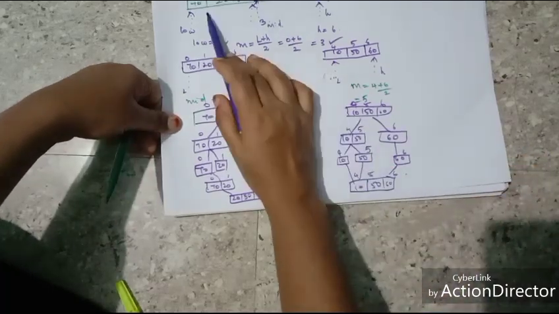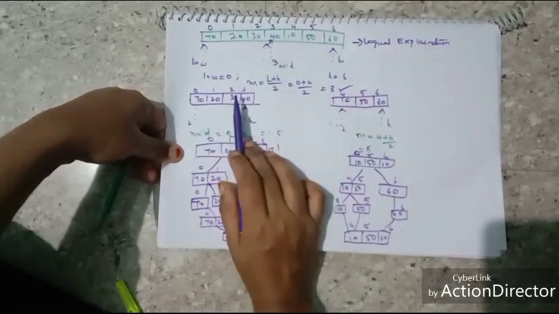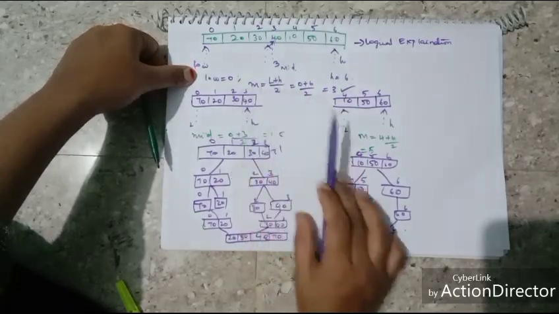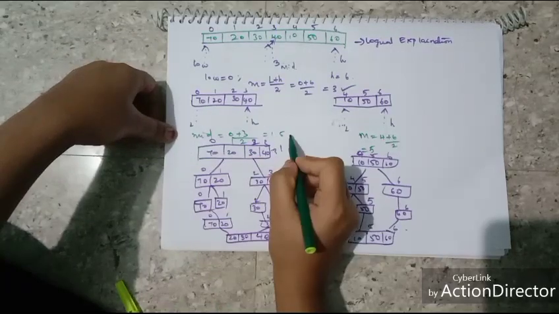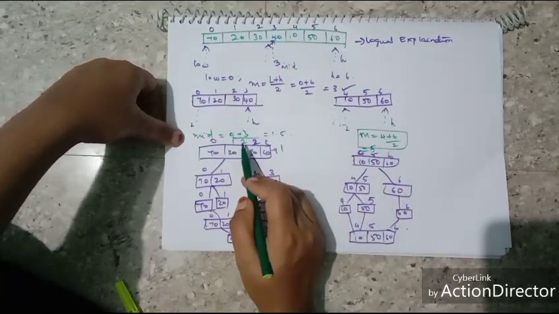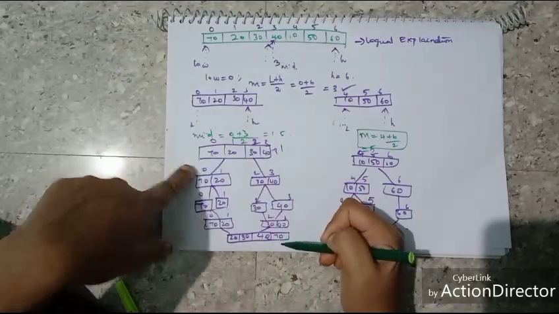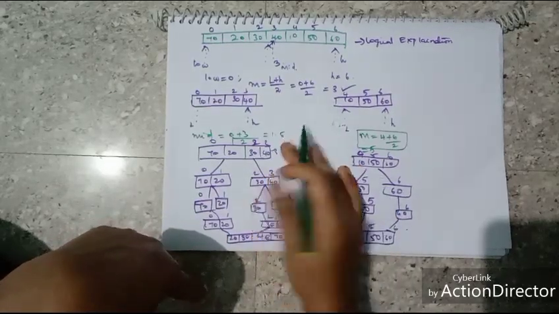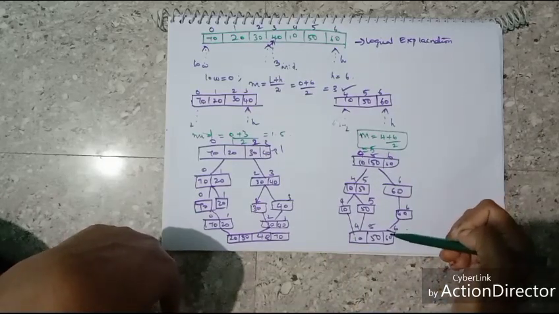The large, big problem is going to be divided, split into two cells. First we apply this formula and perform the operation, and from this operation we get the whole cell of elements in order. We are getting the solution to our sub problem. Here also we are getting the solution to our sub problem.